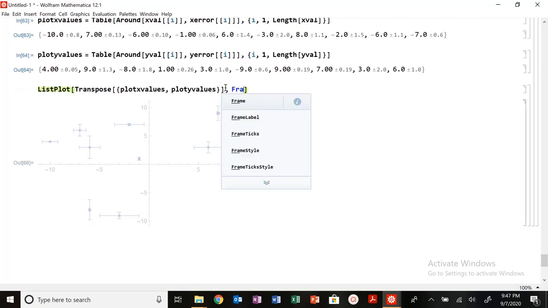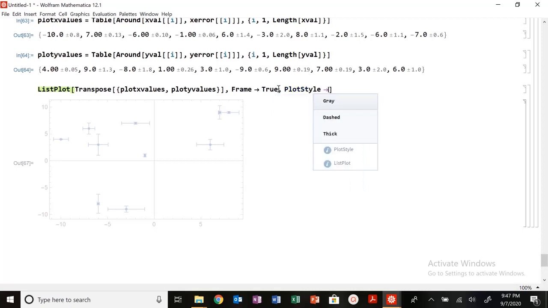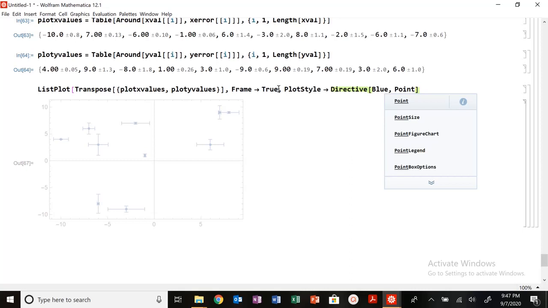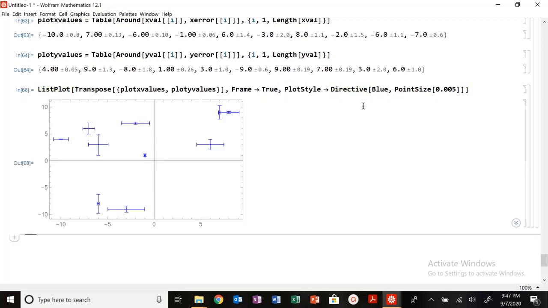I could do, again, Frame True. I can do PlotStyle, blue, PointSize 0.05. Oops, let me close this guy. So again, you can increase or decrease the size of that point if you want to visualize or change your errors. So that's a nice function to have in your back pocket in Mathematica. 0.08. So we could do also, I think we could do basically,